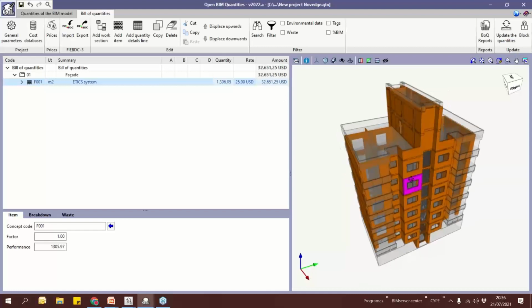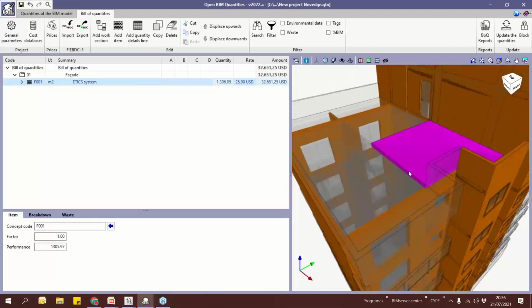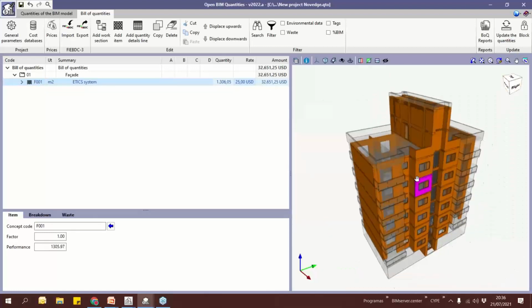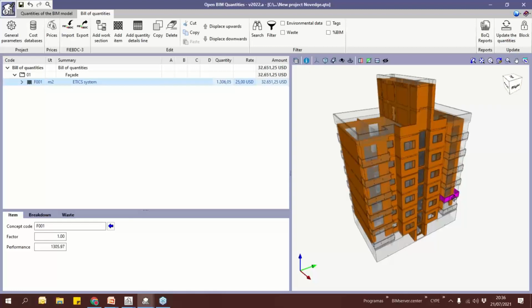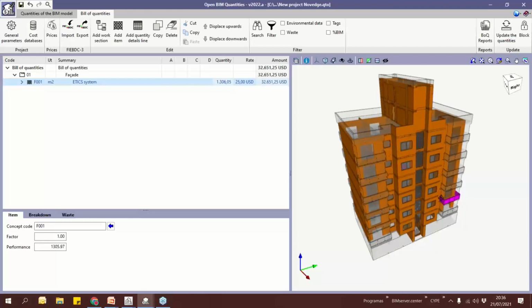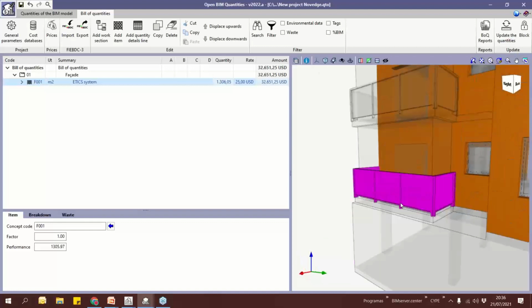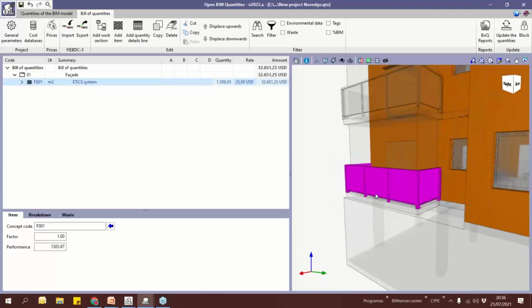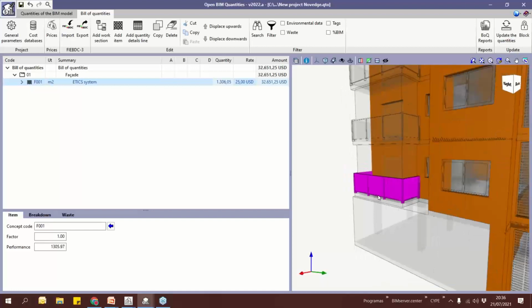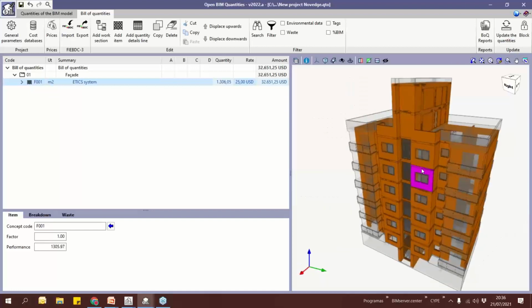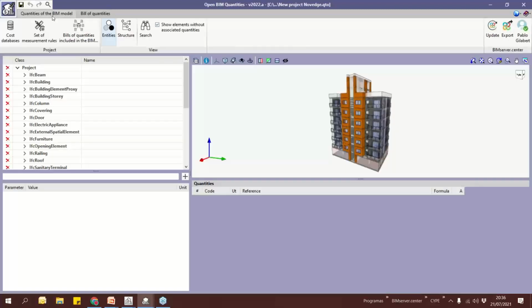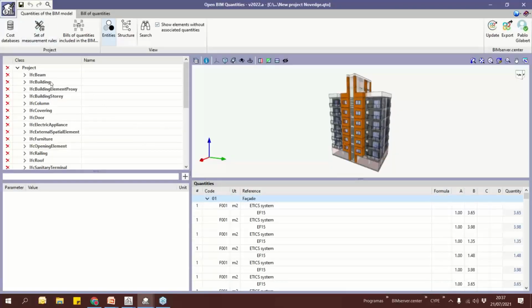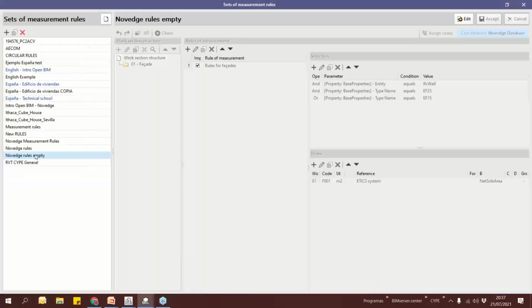this is a real amount. Now I'm not considering the interior walls. This is something we can do for all the different elements: windows, columns, railings, floors, roofs, etc. And we can reuse these filters for other projects. In this case, if I go to set of measurement rules, I have already defined this